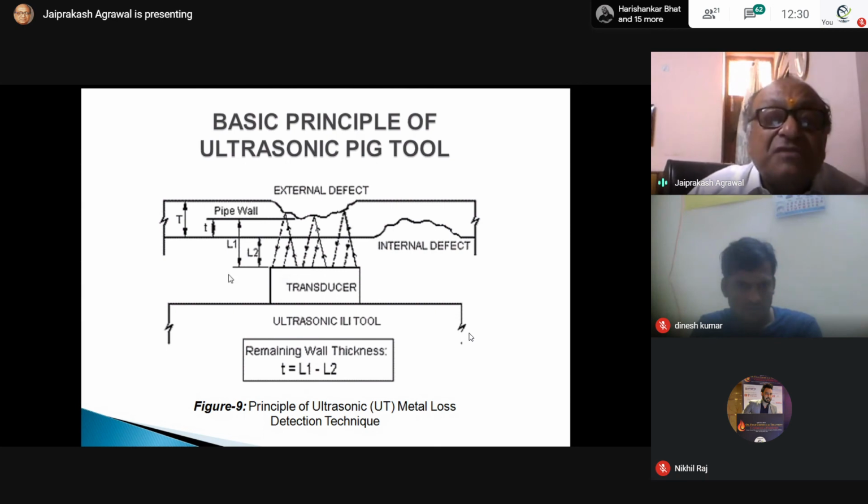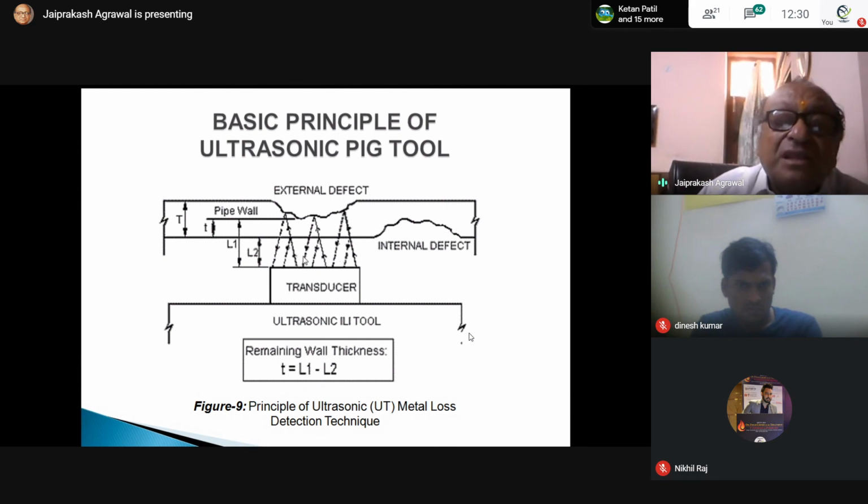The sound waves are traveling, but how far they will travel along with the pigs? Here you have the battery system, and that is your transducer, which generates sound waves, and the echo from the defect of the pipe is received there.